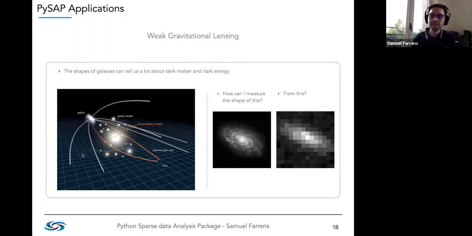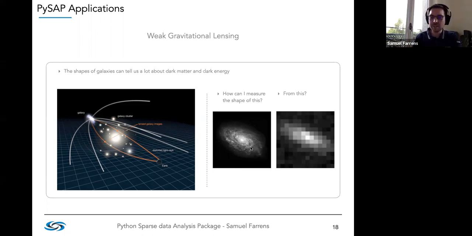Concretely, what we see is usually a kind of squishing of galaxy images. And what we can try to do is, if we can figure out how much these galaxy images have been distorted, then we can inversely infer how much dark matter was required to cause that distortion in the first place. So it's a very nice and beautiful technique, but the problem is that